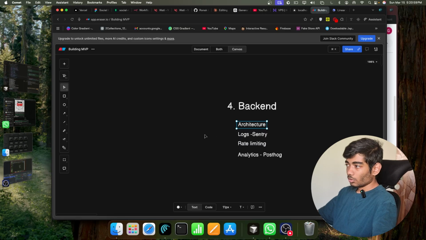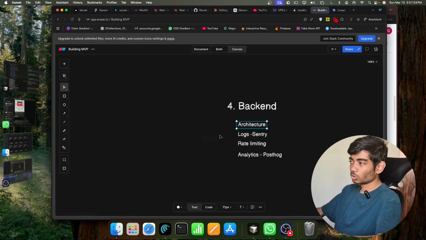Architecture. One of my clients came to me saying, my previous developer had built me an MVP in microservice architecture, and they charged him 10 lakh rupees. Now, I don't know if I should laugh at this, but you don't need microservice in an MVP. With microservice, you need more people, you need more resources, and it costs more. So in 99% of the times, I would say even 99.99% of the times, you only need monolith. So always go with monolith, unless there are some exceptions, but I would say in 99.99% of the cases,